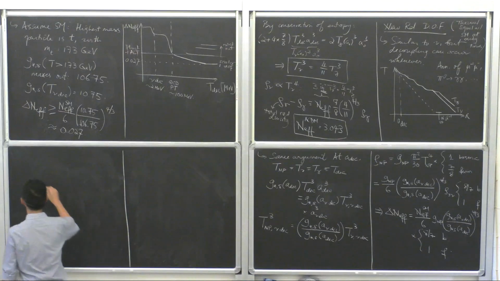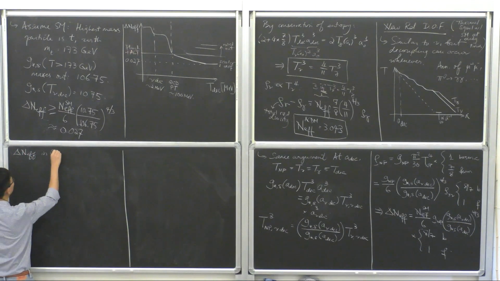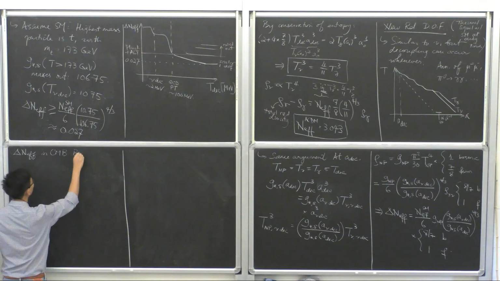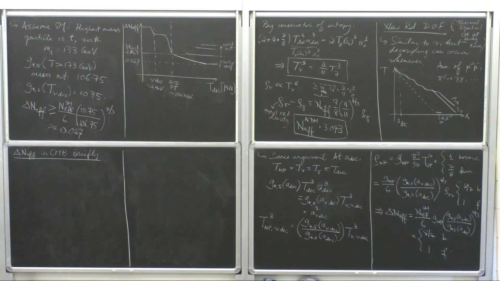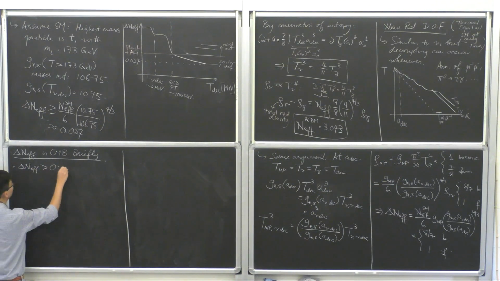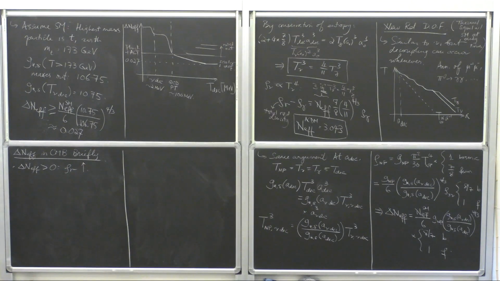So delta N effective in CMB, briefly. Okay, well, the first thing is, delta N effective more than 0 means that the radiation density goes up, right? And one of the things that the CMB is really good at measuring is the redshift at which matter radiation equality